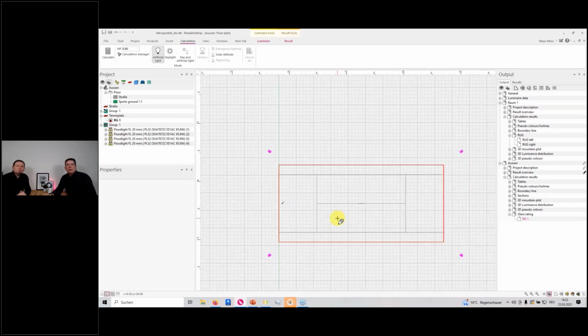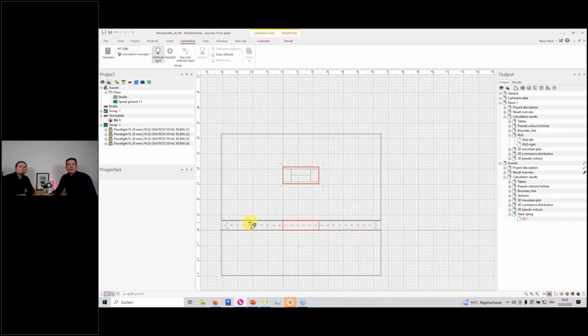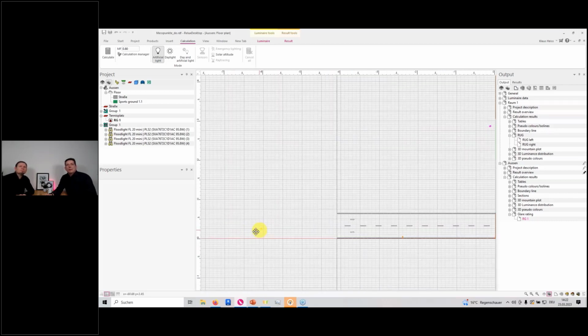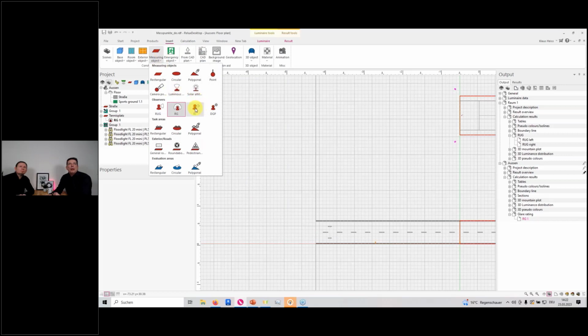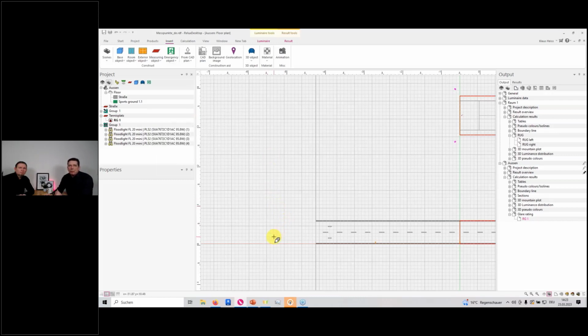Also, this is possible. Many of the users did not know this possibility, that we also have the possibility to do in a similar way the TI, the threshold increment calculation, as many of you will know it from road lighting, where this runs automatically when you start a luminance calculation for road lighting. But you also have the possibility in exterior scenes by clicking to place the TI observer and give a direction